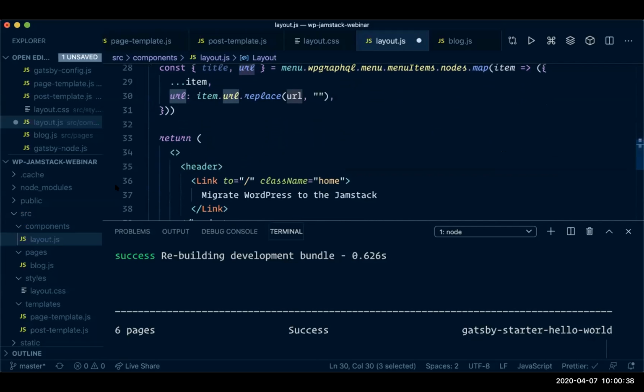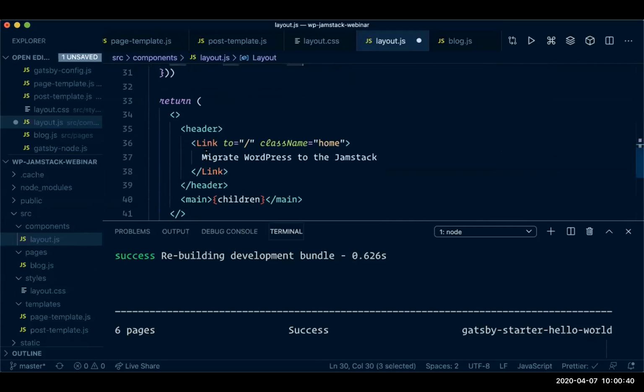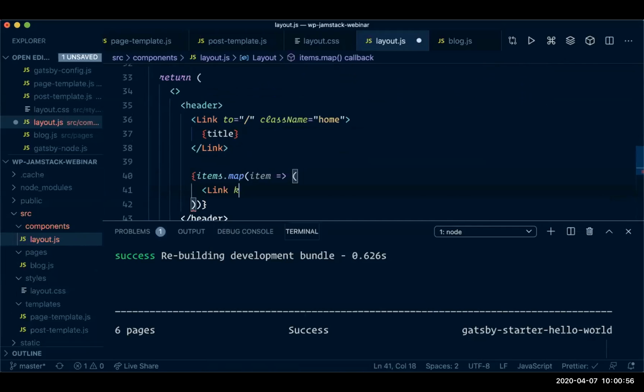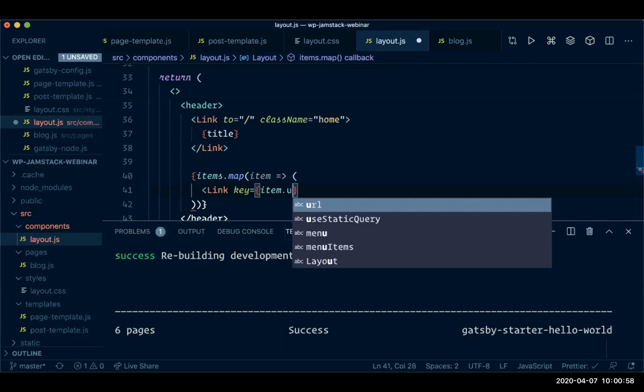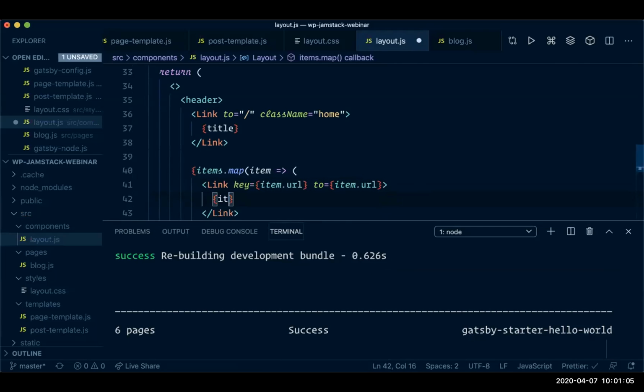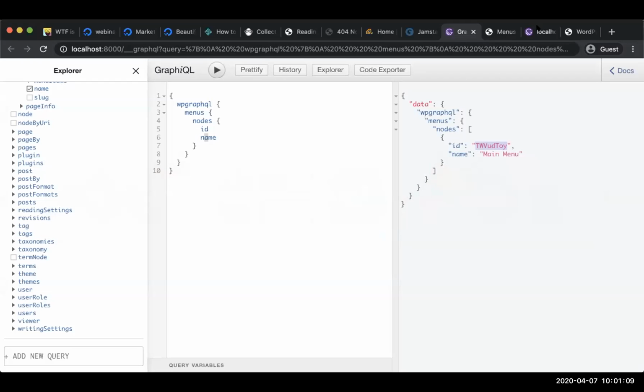And then down below, I can set this, actually, okay, so we are going to use the settings. We can set that to be the title, and then I can add a link here to loop through our menu items, and we'll give it a key of the item.url, just something unique, and we're going to link to the item.url. Inside, we'll use the item.label, and once we save this and go back out to our site,